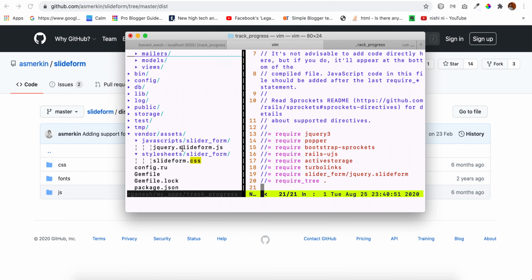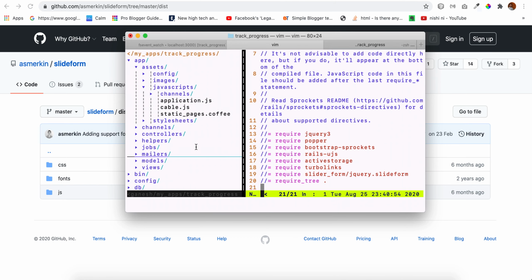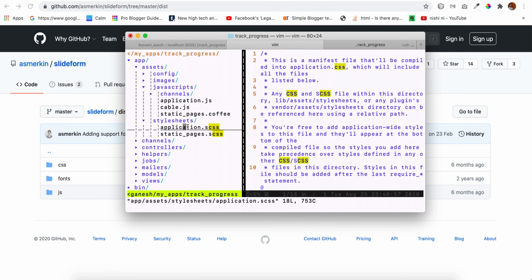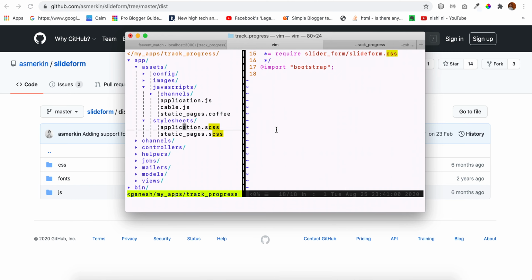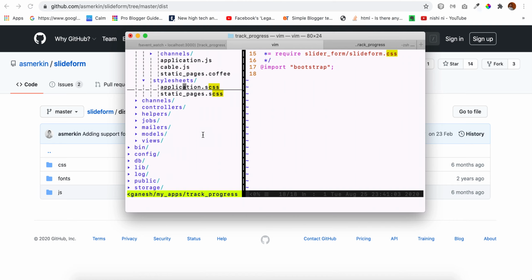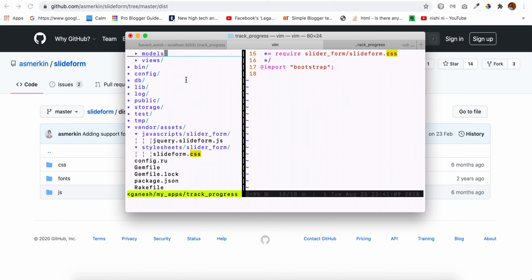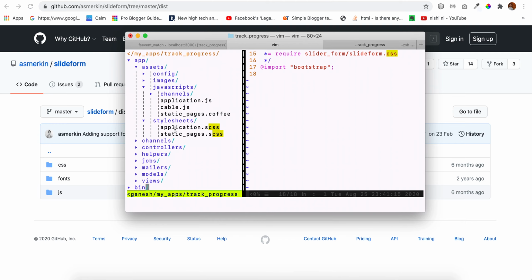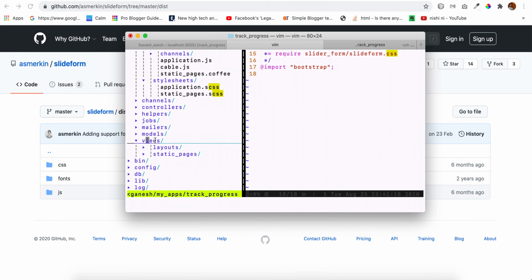And in stylesheets, application.css, I imported slider form slash slider form.css.